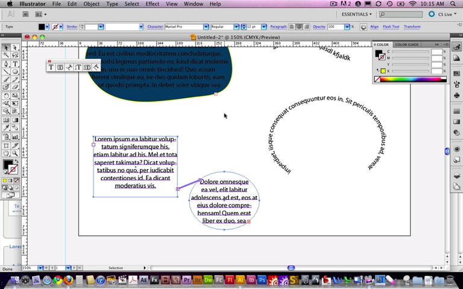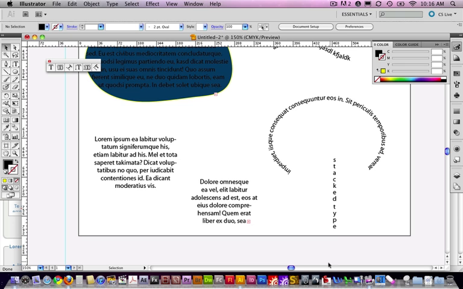Okay, so we've covered type on path, type inside of a shape, point type, the type tool just dragging out. You'll notice that there's other variations here. There's type if you want to do stacked type, so I could choose this and then automatically start making stacked type. You know, just typographically, I've got to say this, it's a bad idea. Stacked type just kind of stinks. It's hard to read. Letter forms are created to be next to each other, so it's just a difficult thing